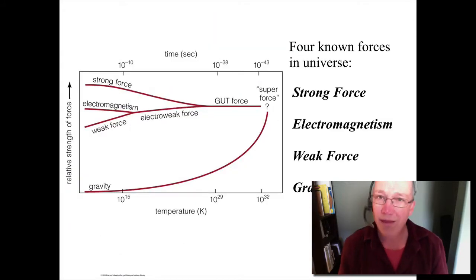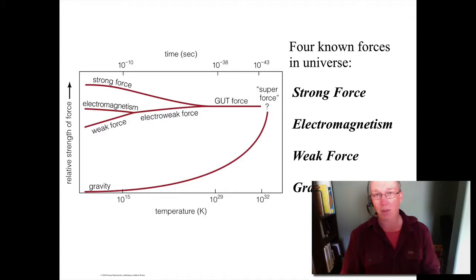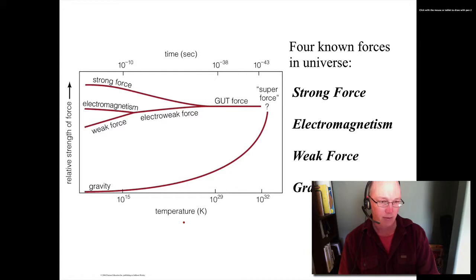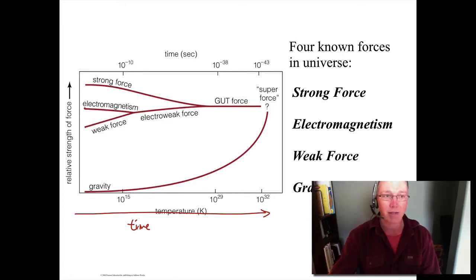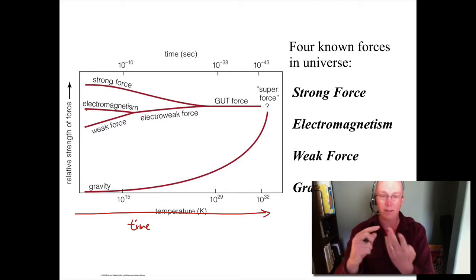Now, what do we think is happening back there? Because of course people are working on this, and this is something that we're very interested in trying to find out, what happens back here. Well, if we look at the history of the universe, we can put the temperature on the x-axis here, which again, is effectively representing time going backwards. So this is time as well as temperature, because as I go back in time, it gets hotter and hotter and hotter.